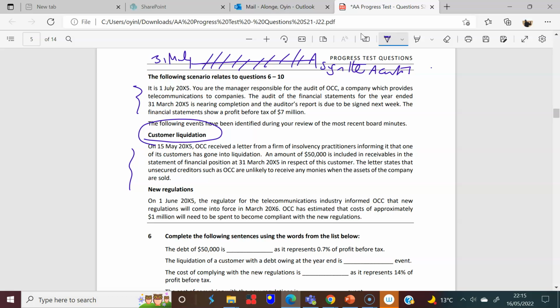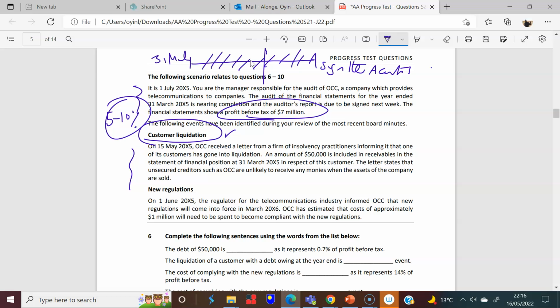And we've noticed a few anomalies of sorts, if you like. And the first anomaly is to do with a customer liquidation on the 15th of May. So first of all, the important thing, I think we might have talked about this, is checking and testing materiality. So you just make sure you have the profit before tax. It is the common one, and for it to be material, it's 5 to 10% of profit before tax. That's what you will usually be given.